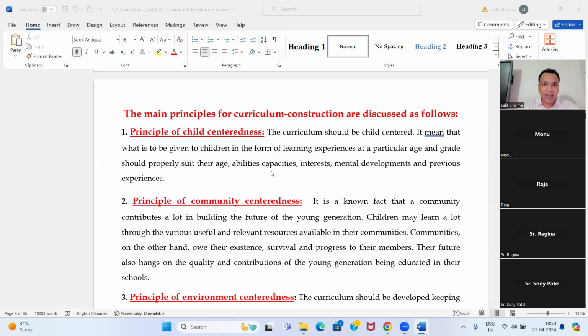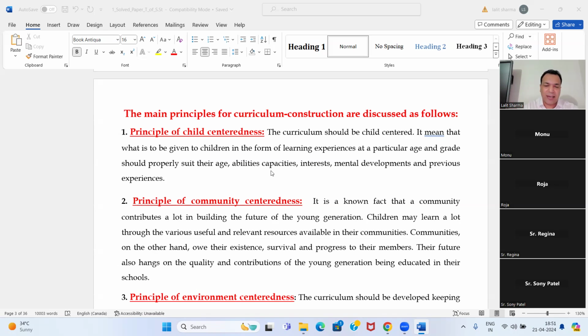Even this question comes in the teaching of science, teaching of biological science, teaching of English, teaching of maths. So guys, the first heading would be the same for all teaching subjects: principle of child centeredness. Whatever the subject, whatever the syllabus, whatever the curriculum you are making, the first point is the principle of child centeredness. You have to keep the child in your mind: the mental level of the child, the attitude of the child, aptitude of the child, interest of the child.